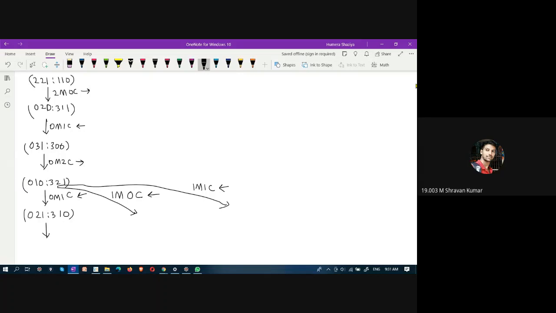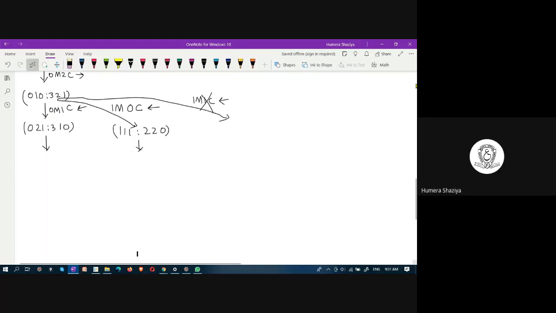Now in the next step, you are saying only one missionary, zero cannibal to the left, not one missionary, one cannibal. So only one missionary we are taking to the left, right? So what will be the state here? When you do this, one missionary is coming here. So it is 1,1,1 colon 2,2,0. Okay, you are okay with this too now? Yeah, ma'am. Okay.